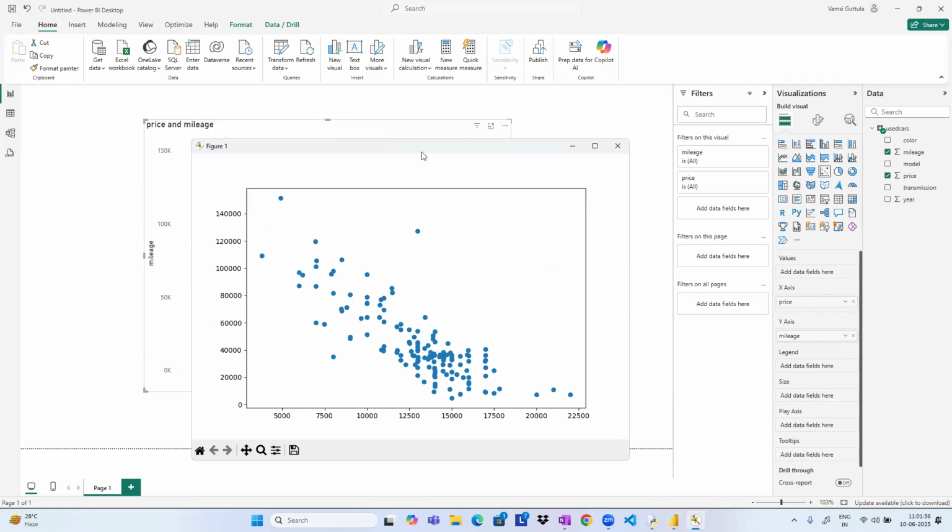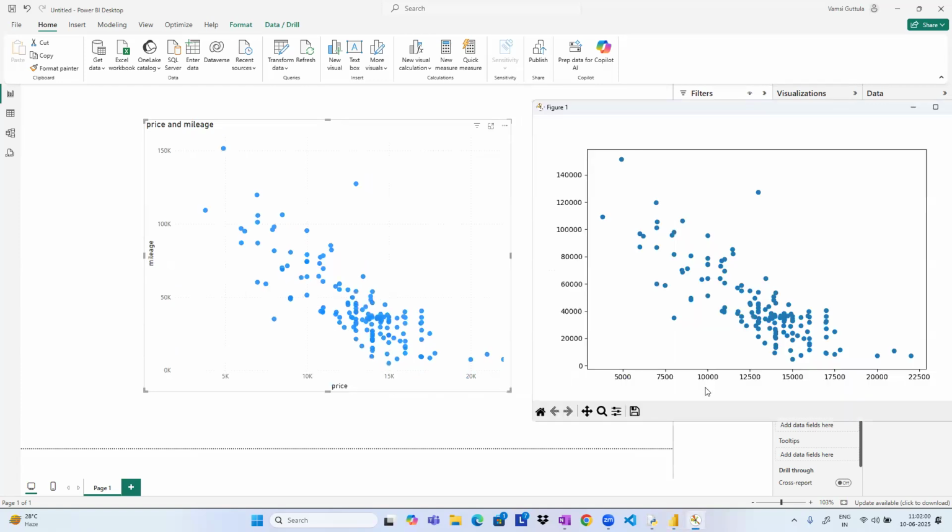On the right hand side and left hand side, if you can see, both visuals are the same. See there, same visual, with a little bit of change in the scale: 5,000, 10,000, 15,000, 20,000. But see, exactly the same plot. Just a slight change in the color also. This is a little bit bluish. It is also the same blue color, but a different shade of blue. Same visual. On the right hand side, whatever you see, I created with the help of